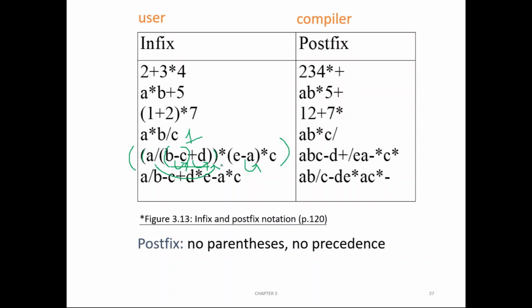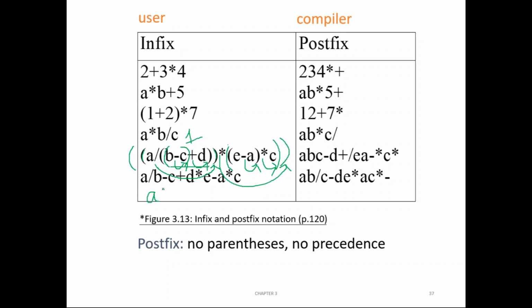There should be one more bracket, I guess. Here also we can add one bracket. Okay, this E minus A will execute, and that will be multiplied with C. Okay, so this star will replace this bracket. Okay, and this star will replace this bracket. Okay, right. So if you write, what you will get?